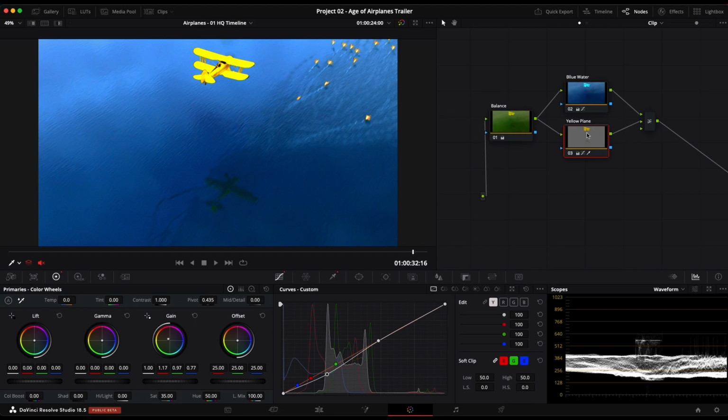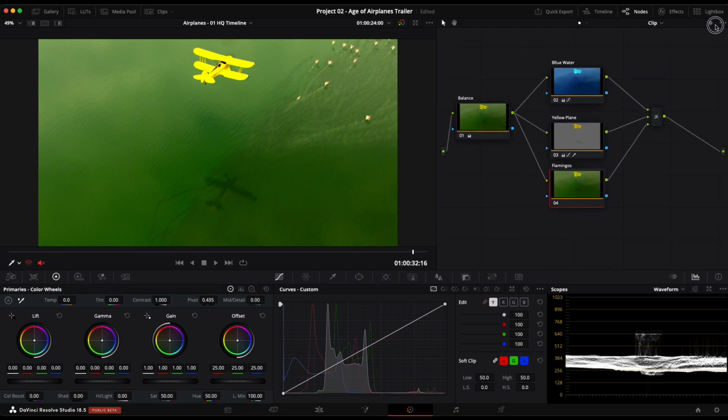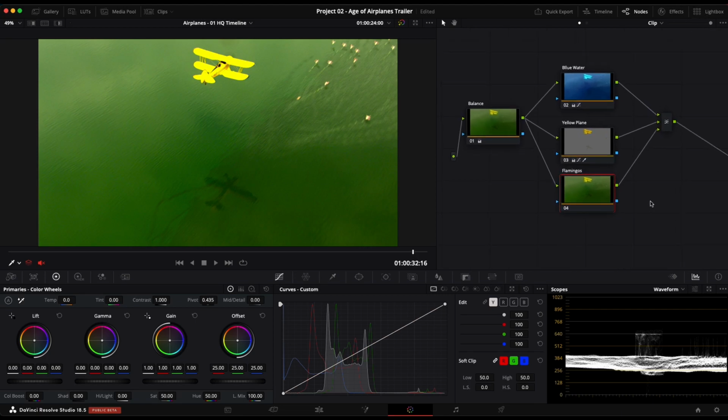So the next thing I'm going to do, now that we have our blue water and yellow plane, is to press Option L again if you're on a Mac. Now we're going to add a new node, and we are going to rename this node to flamingos, just like that. This is our flamingos node, and we can zoom in here so you can see a little bit better. Now what we're going to do next is take the key output of our yellow plane and connect it to the key input of our flamingos node